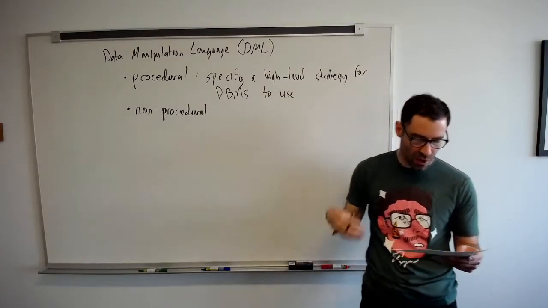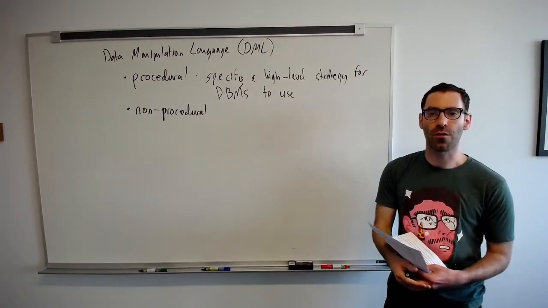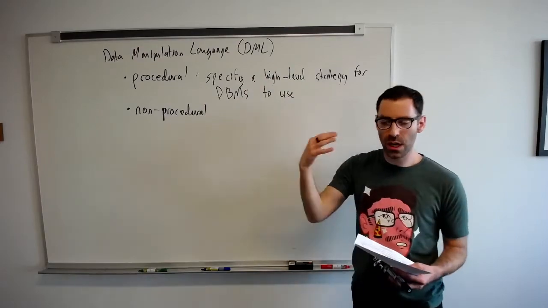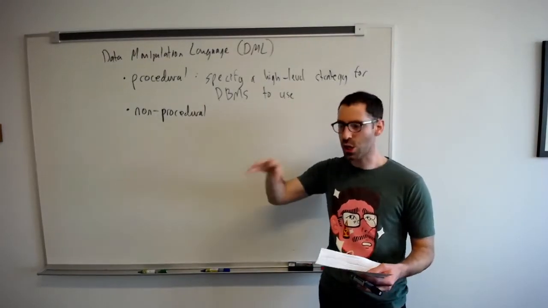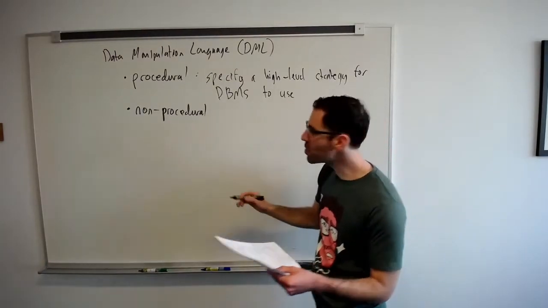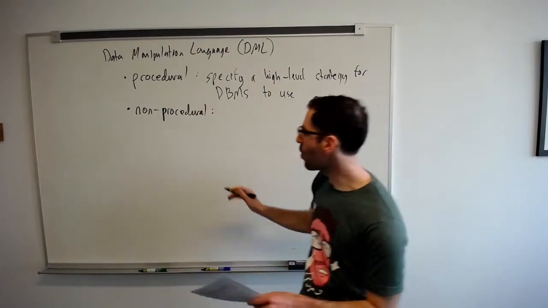So if we're trying to retrieve some information from the database, our procedural language will allow us to specify here's, at a high level, the strategy or plan to use in order to retrieve this information. And this is in contrast to our non-procedural, where we